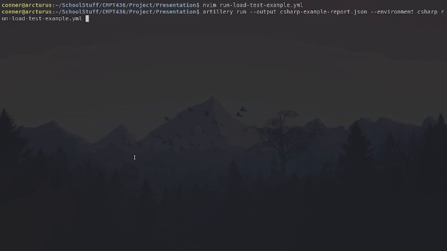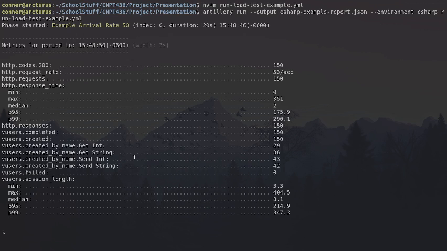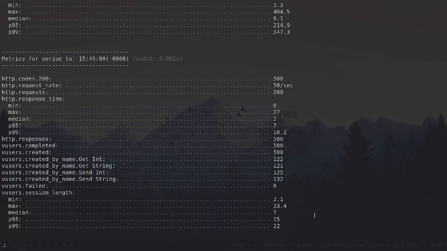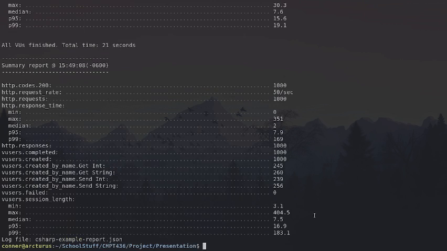If I go and run it here, it'll run for 20 seconds and output the file. This is just an example. I did mine for a duration of 60 seconds for each rate. I just wanted to use this as an example to show the different levels. It'll show you the fails, you can get the different percentiles, and it outputs in a really nice layout here. So you can see the CPU usage starts to ramp up. And you can see now that the phase is completed, and it saves it to a JSON file,